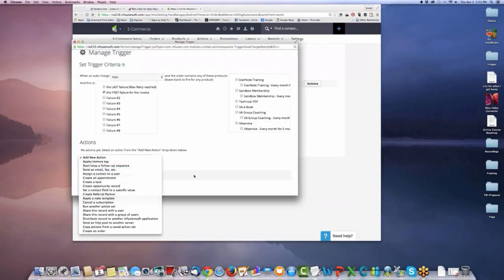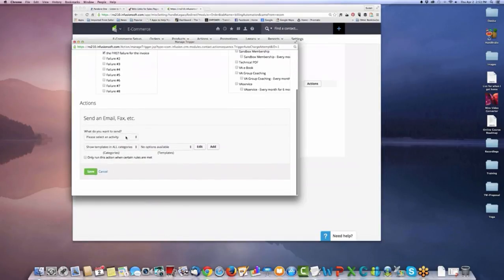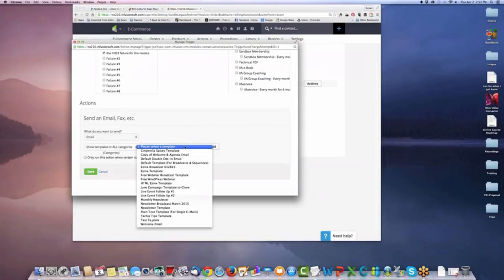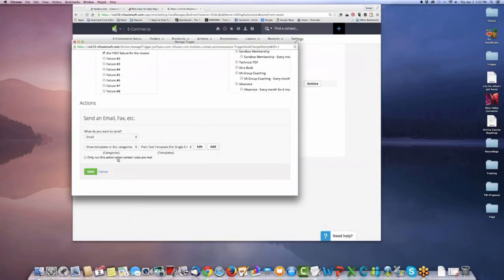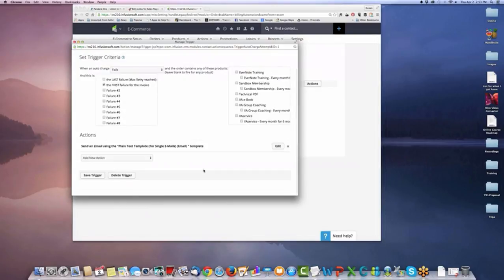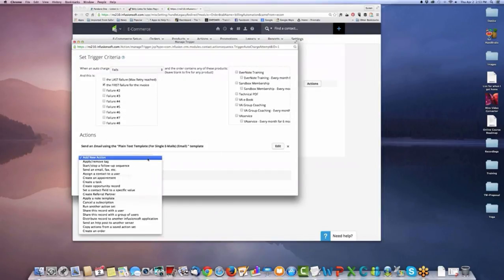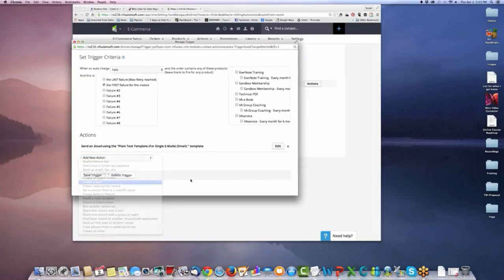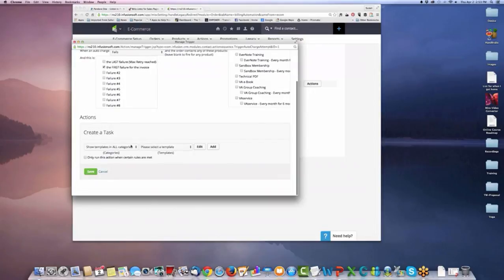Okay. Or you could just simply send an email directly, saying, okay, I'm going to send them an email, right? And then I'm going to save that. Okay, and you can add additional actions. So you could actually put a trigger on, or you could put a tag on there. You could also create a task, right? And the task,